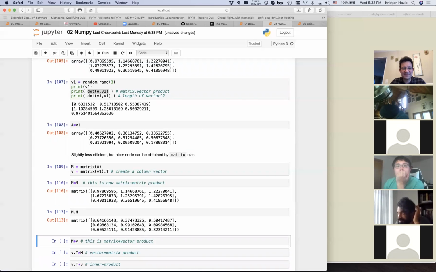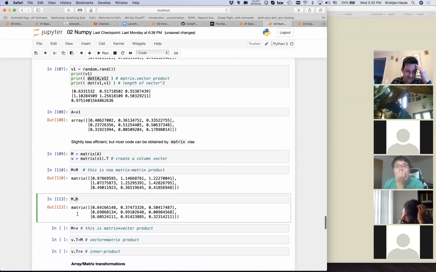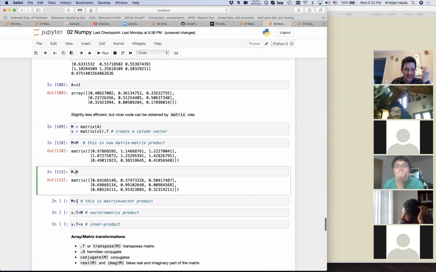There are many other things, but this is one example. Okay, Hermitian conjugate. You need this a lot in quantum mechanics, isn't it? Hermitian conjugate, and it's useful. Yeah. So now